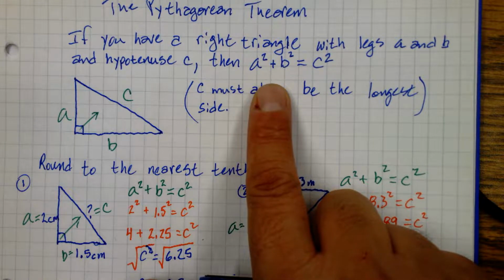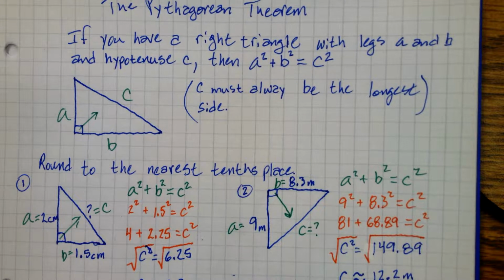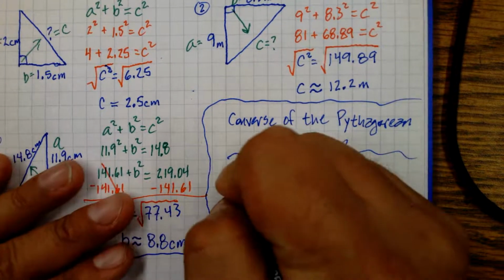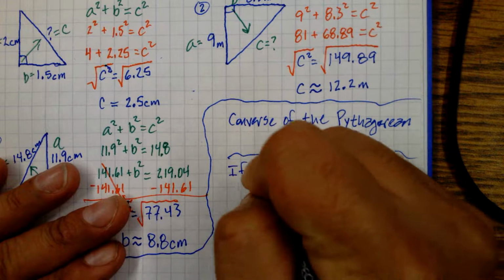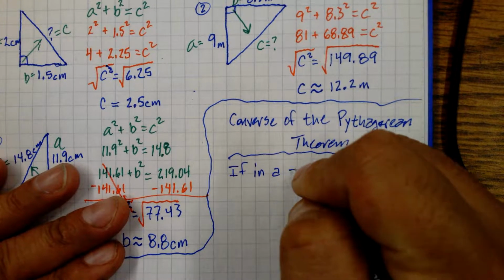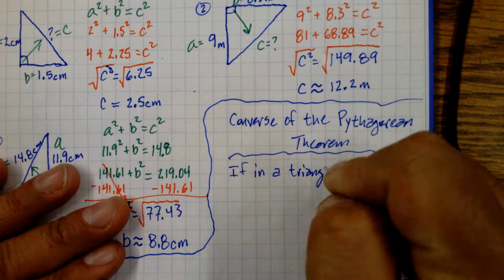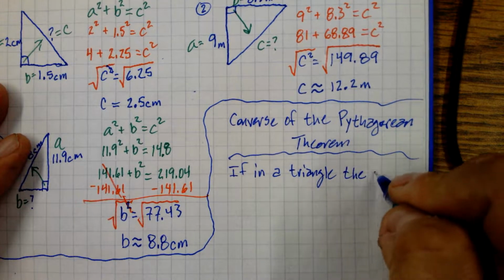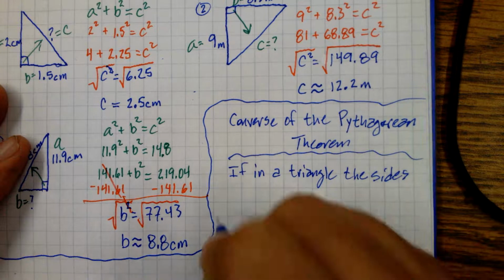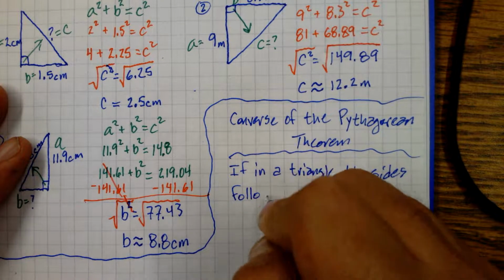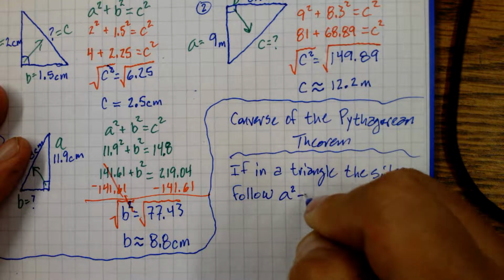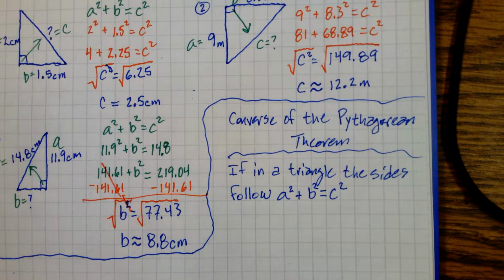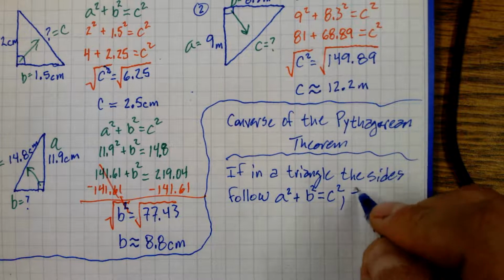We're going to start with: if in a triangle the sides follow A squared plus B squared equals C squared, then